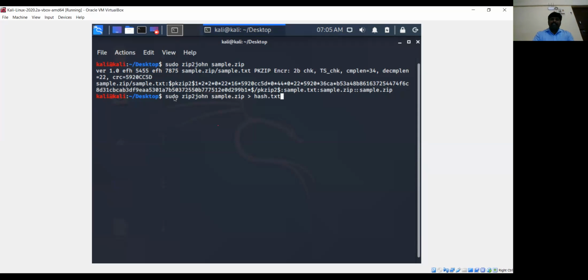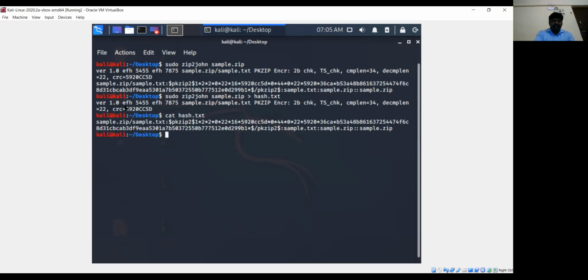I'm going to store this complete value in the text file, only the hash values, right? I can view the hash file by using cat hash.txt, right? Can you see the hash code values?